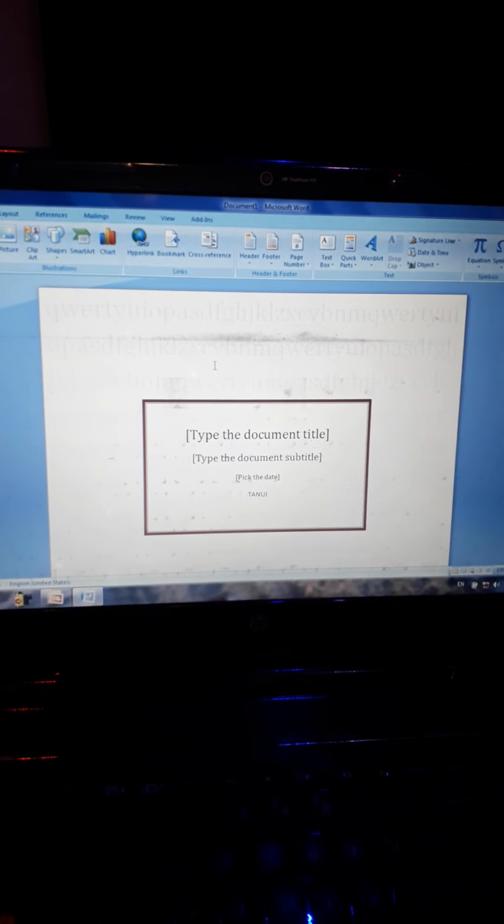From here you can apply any one. You can see so many are given here. So I am going to apply alphabet. So you can see this type of interface will appear above our page. According to your need you can apply, and you can also edit your names. Suppose I want to write the class here, whatever you want to write you can write, and you can also write your sections, and anything according to your need.